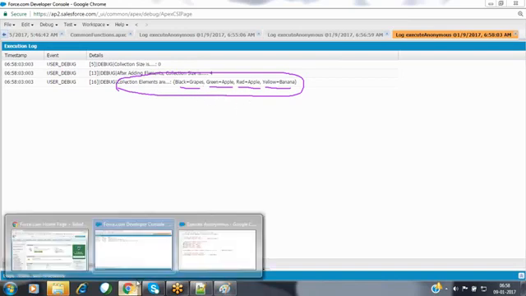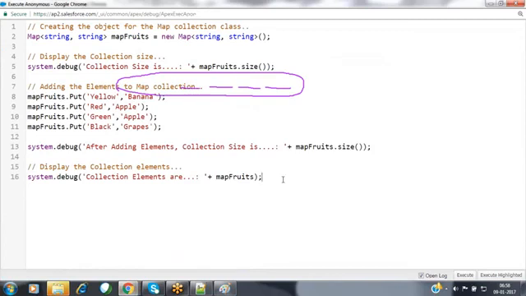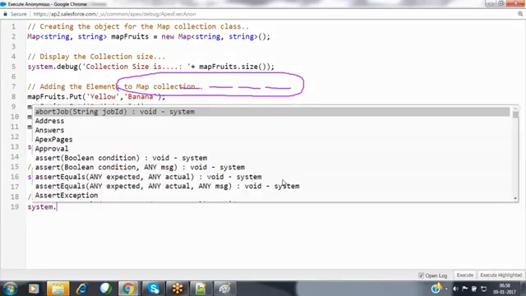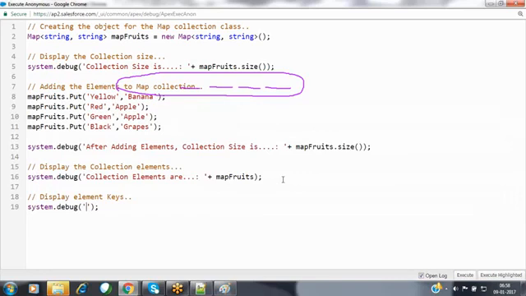Suppose if you want to show only that collection's keys, nothing but all the elements' keys. Display element keys. For that, we can use system.debug. Keys collection is, how can we get only the keys?